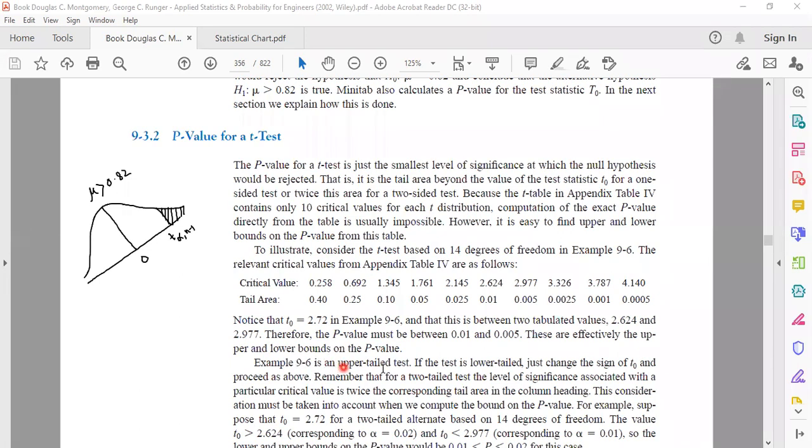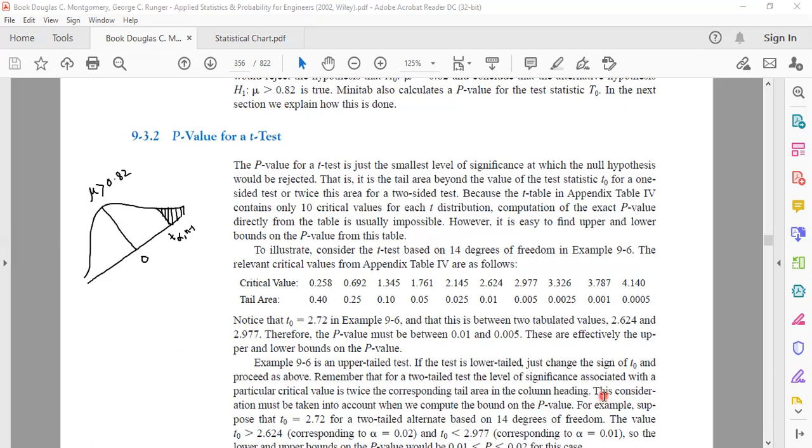Now, since this example is an upper tail test, if the test is lower tailed, they have just written that due to the symmetry of the population with respect to the normal distribution, similar types of conclusions can be drawn with respect to lower tailed testing. So in that case, we have to consider this portion. But if the testing is two-tailed, then in this case, you have to consider both the sections. One shaded region on the right-hand side, one shaded region on the left-hand side.